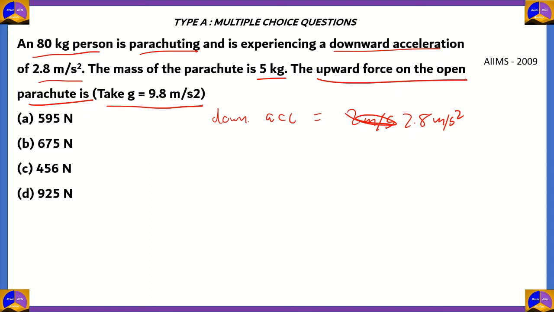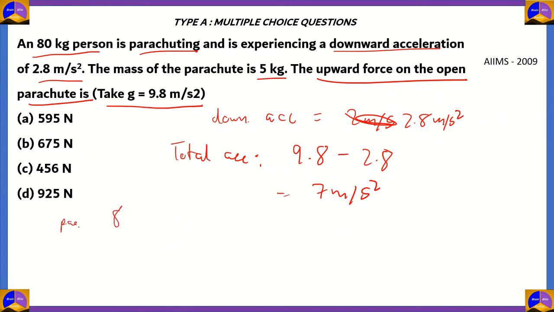So the open parachute effectively reduces the value of G. So the total acceleration in this case has to be the difference between 9.8 and 2.8, which is equal to 7 meters per second square. And if you look at the mass in this scenario, for the person, the mass is 80 kilograms,